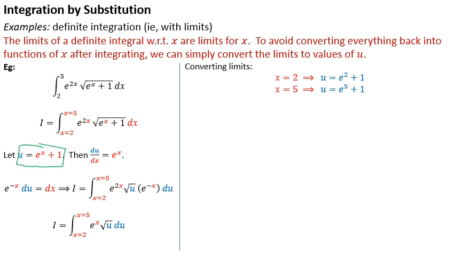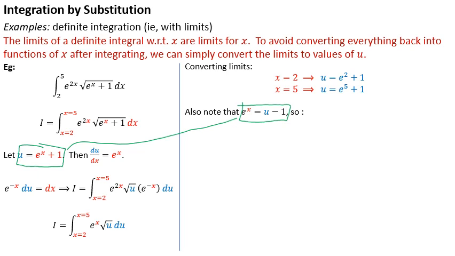So it might be a little tedious to write it out, but it's a good idea to include those limits, again explicitly as limits for u in our integral. The other thing that we can do at this point, because it's actually pretty quick and easy, is to recognize that the link we've got between u and x will allow us to easily replace e to the x with something involving u. If u is e to the x plus 1, then e to the x is just